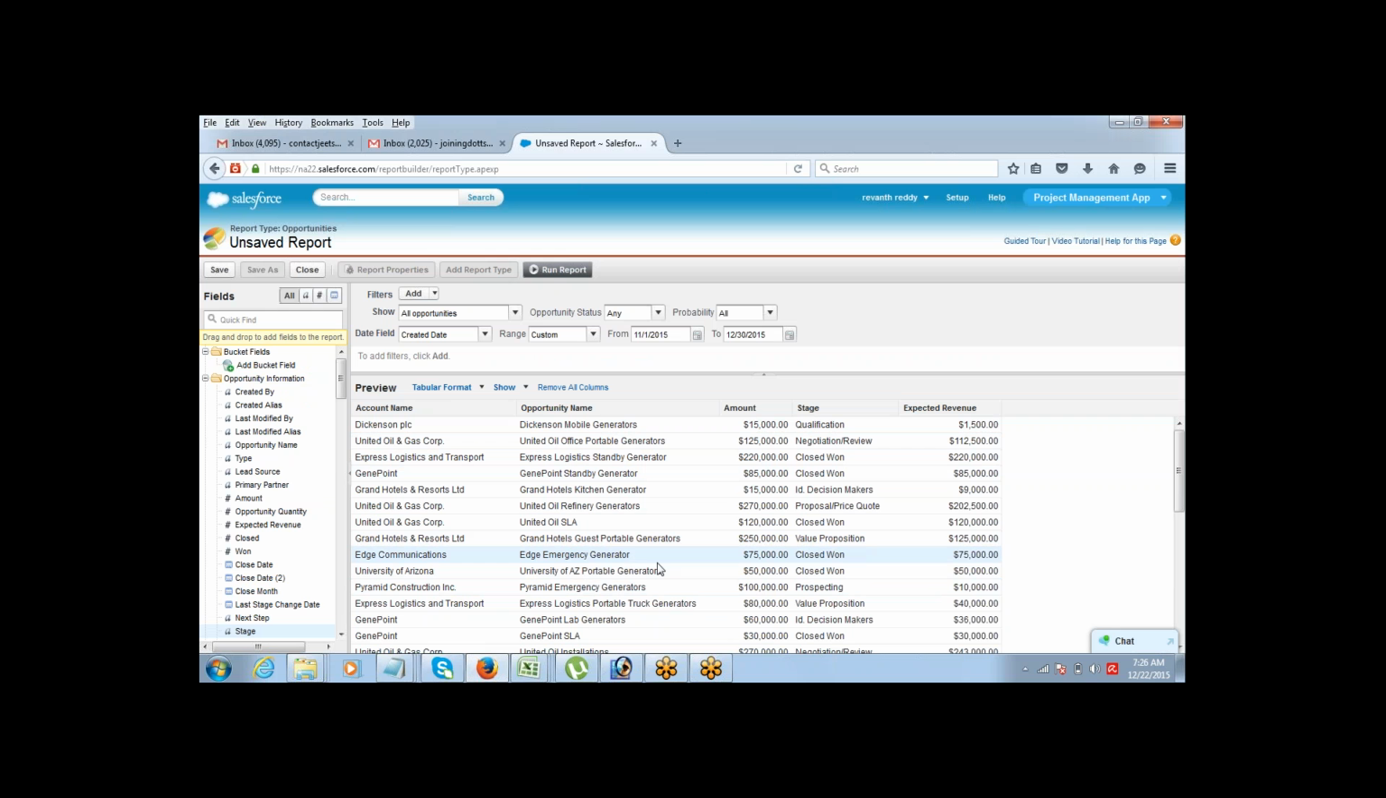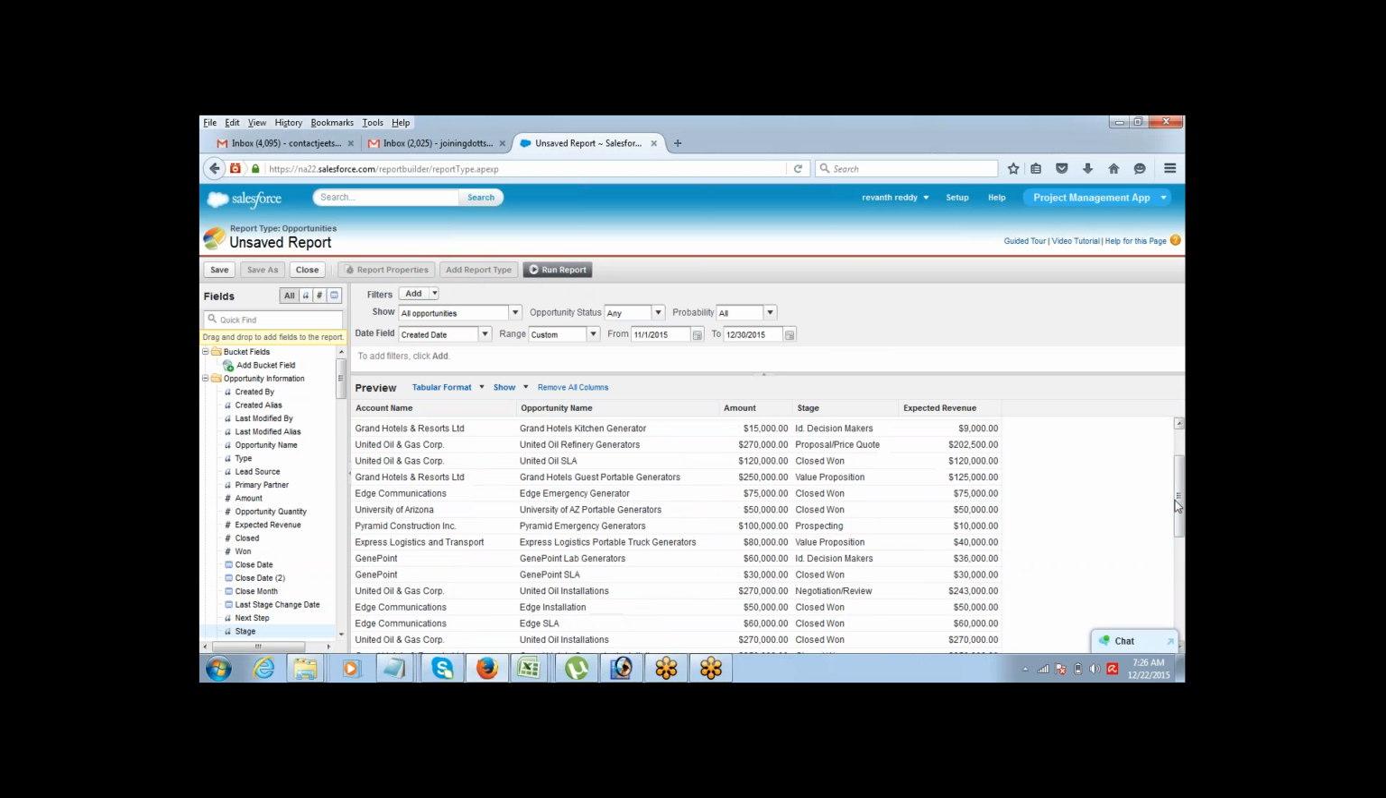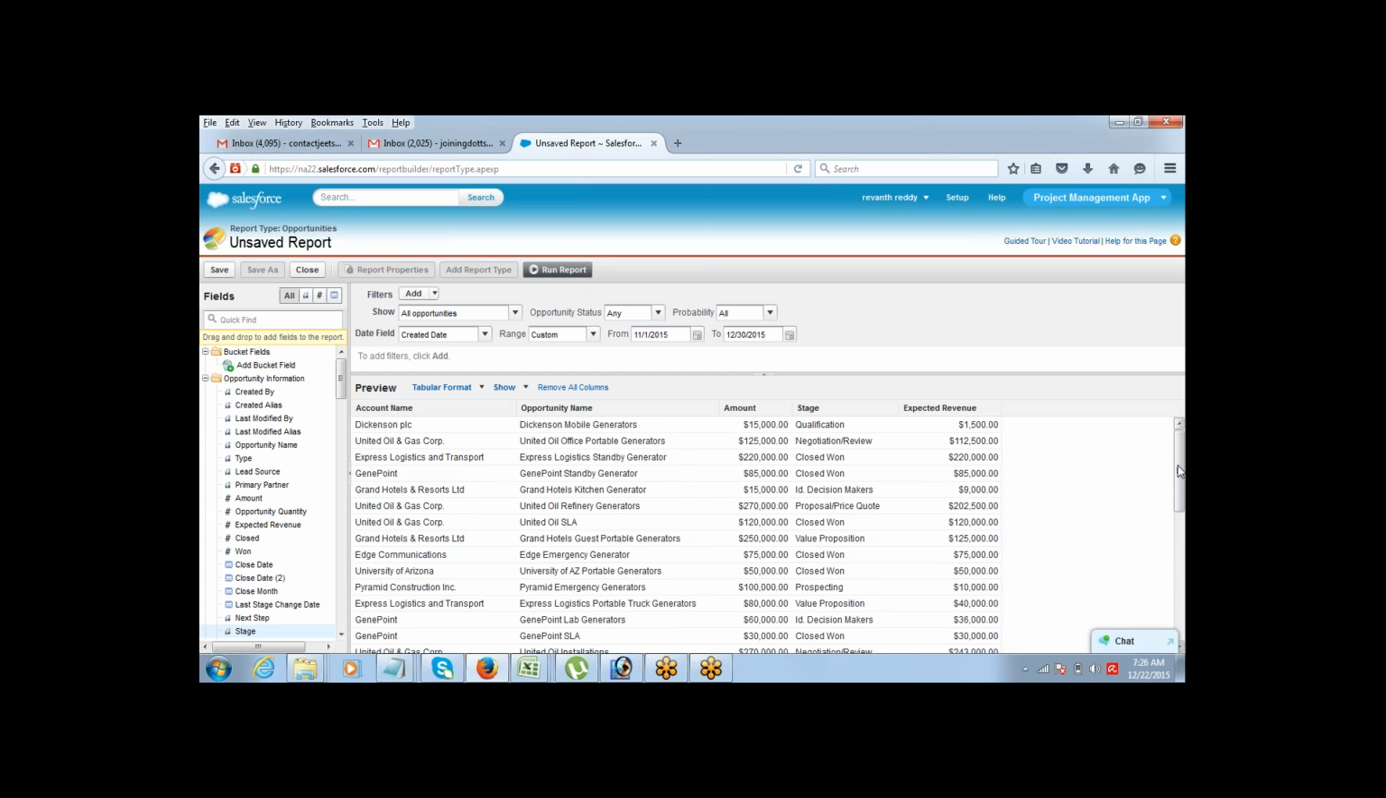Okay, but you might not need the tabular format. Like there are so many records, correct? Sometimes you might just want a summary of this report instead of displaying all the fields. You might just want a summary that you don't want to see all these opportunities individually. You just want to see that for each account, what is the total worth opportunity that I have. For example, if you see,